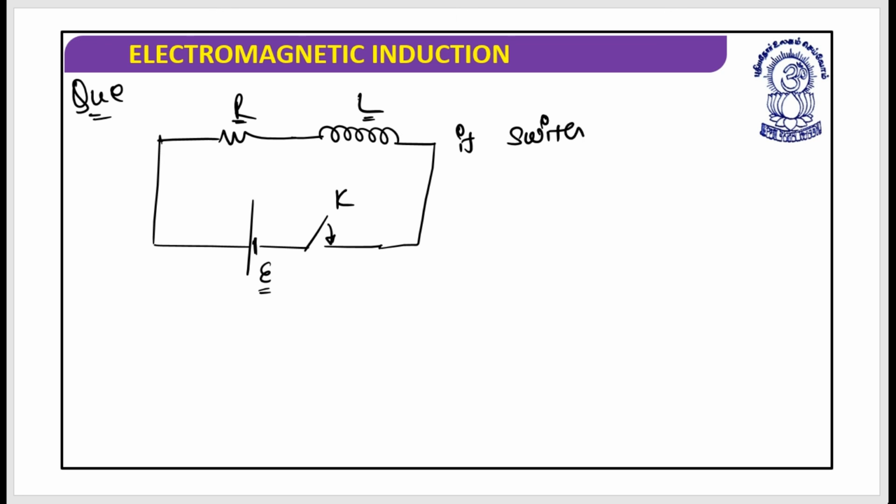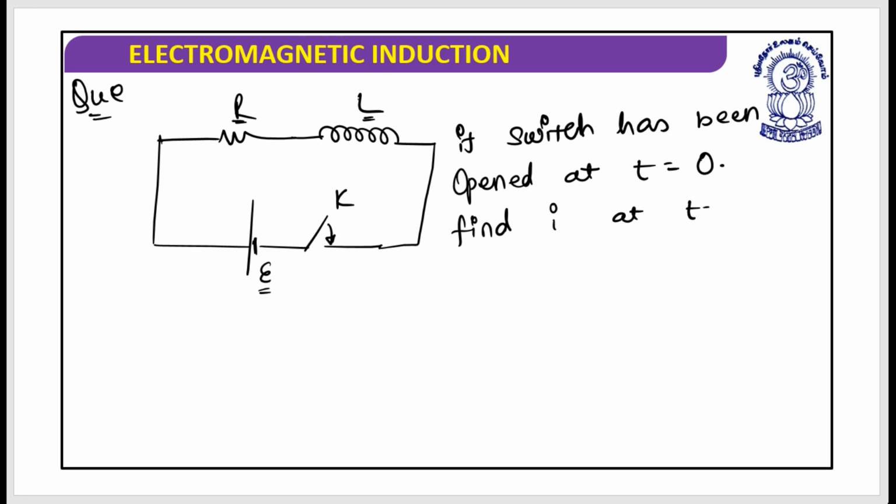Now the situation is that if the switch has been opened at t is equals to 0, find I at t is equals to 0 and at t is equals to infinite. So first thing is it has been connected initially, and now we are going to open this. When we are supposed to open this,